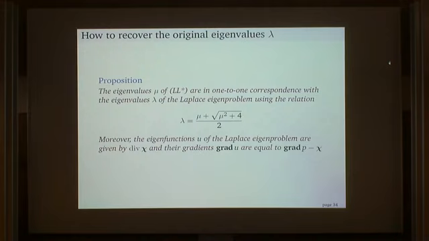And if you want to solve for u now, you get that the divergence of chi and the gradient of u are equal to grad p minus chi. Okay? So sorry, u is the divergence of chi, and grad u is given by grad p minus chi. Okay, so this is